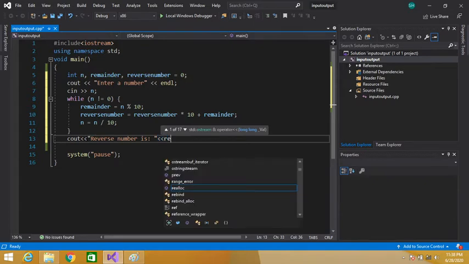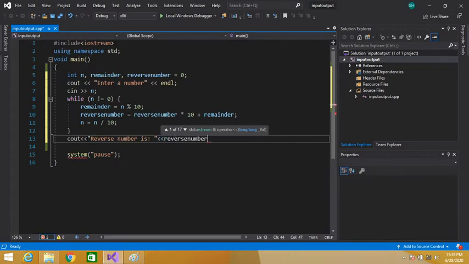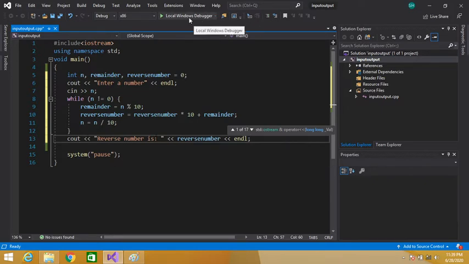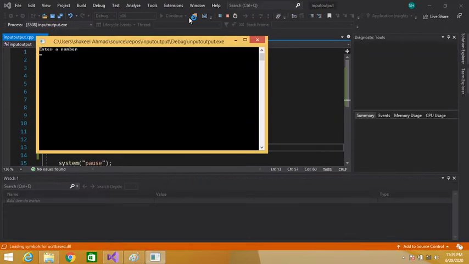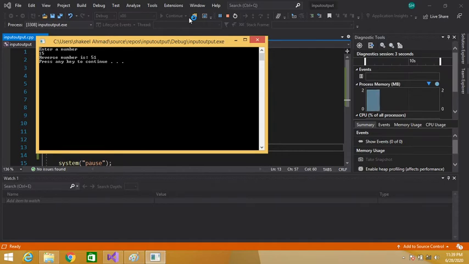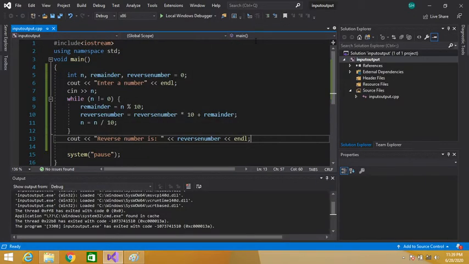Reverse number is, reverse number, endl. Let's execute this program to see whether it works fine or not. Enter 15, the reverse number is 51. So the user has entered 15, so its reverse is 51. So our program is working correctly.